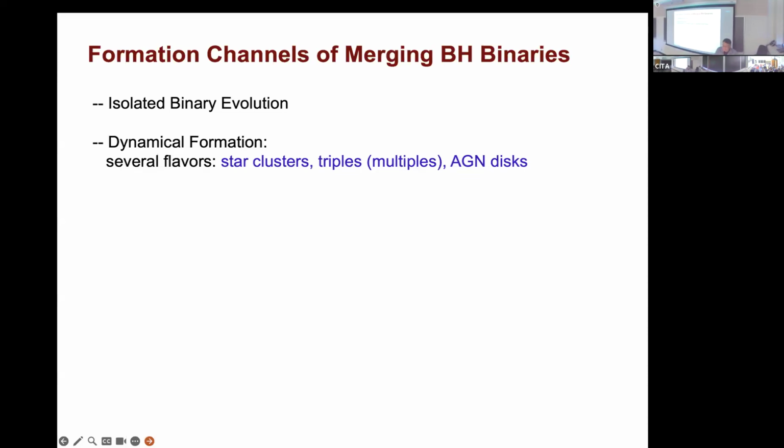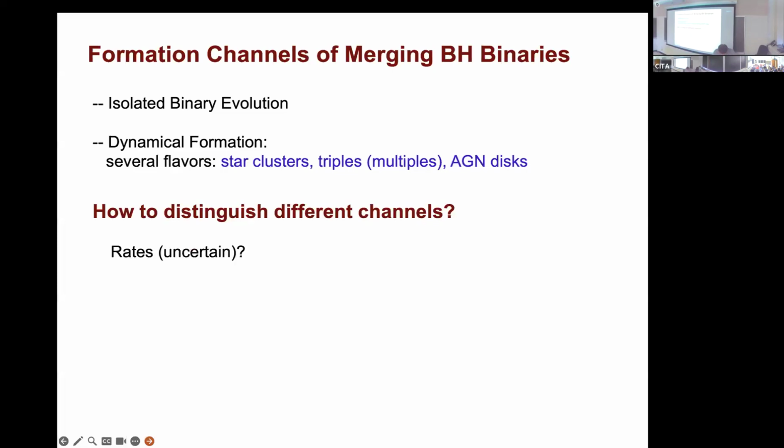The isolated binary evolution, and then several different flavors of dynamical formation channels, which I'm going to talk about, involving star clusters, triples, multiples, and finally AGN disks, right? But before I talk about them in some detail, we should first think about how we are going to distinguish different channels, right? What are the observables that we can use to potentially, in the future at least, distinguish different